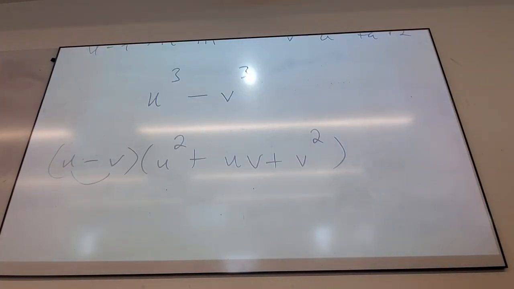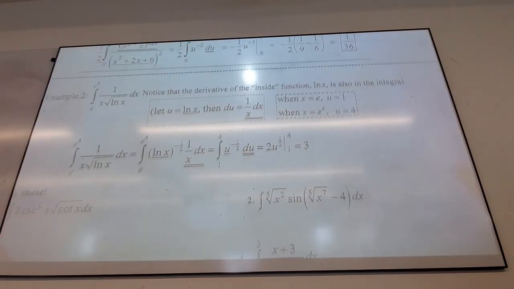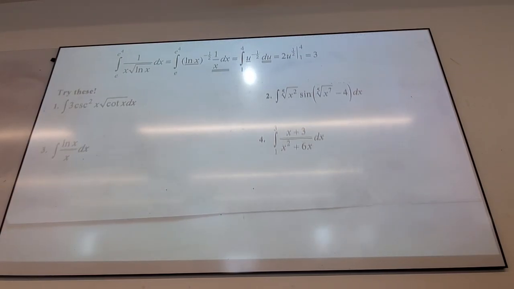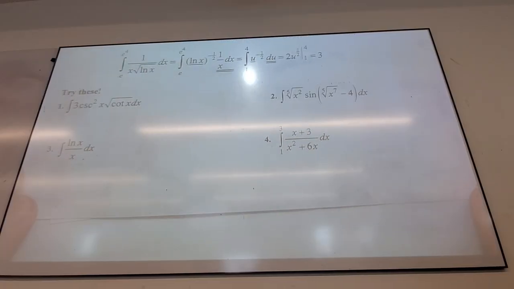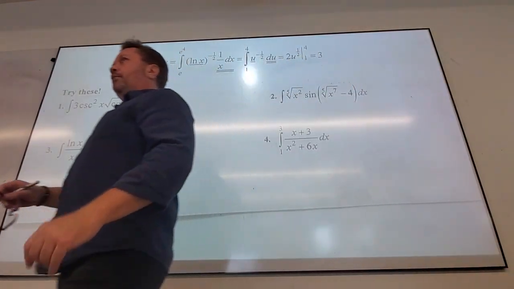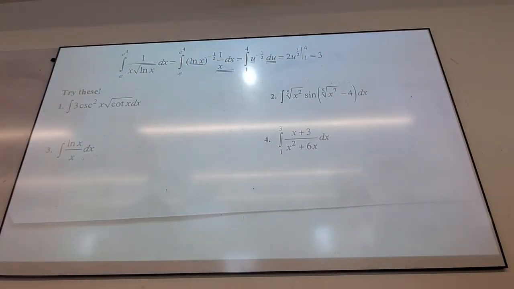Okay, so come back here. Number one is a classic problem. What is the most likely candidate to make u, for two reasons? What would I let u equal in number 1? Cotangent. Two reasons. Number 1 is because it's the reciprocal inside something. And number 2, because